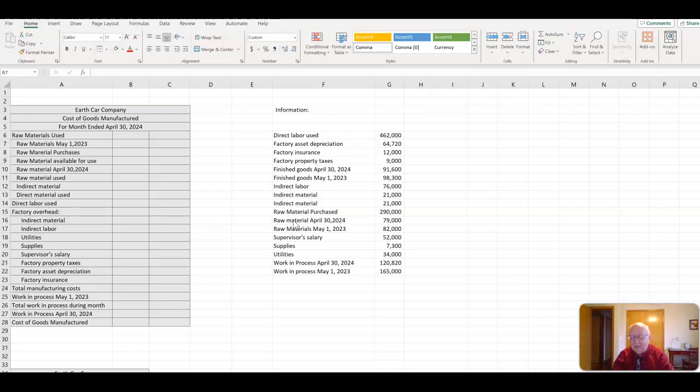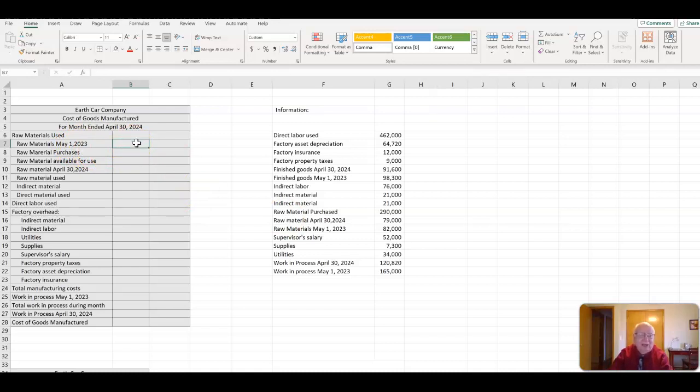Other examples, and I'm not going to list all the examples for overhead, are indirect material. This is one we had. They may be insignificant in dollar value or not measurable. There'll be indirect materials. Of course, utilities, which is the power. You can't measure how much goes in each one. Factory supplies would be in here. So these are the types of things that are necessary for the production process, but are not actually producing the product. So with that, we'll get started with the